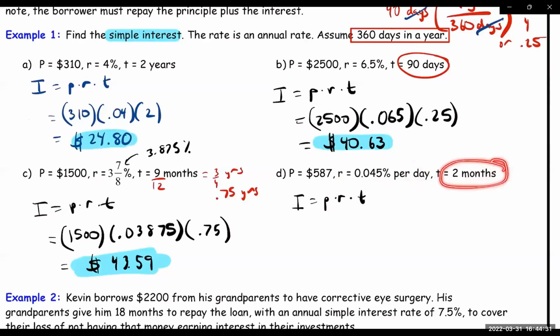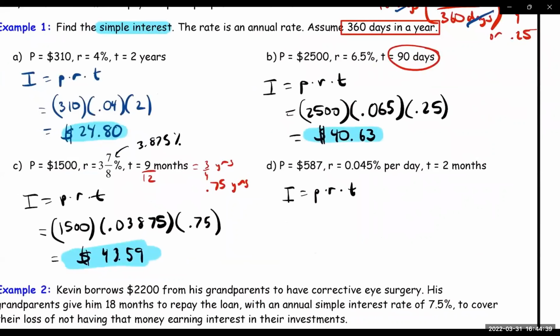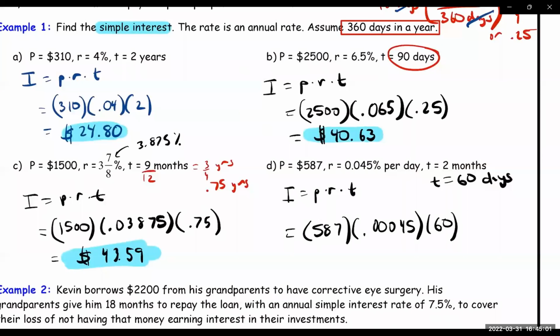So anybody know how many days there are in 2 months, assuming that there are 30 days in a month? That's going to be the same thing as 60 days. And now this is the unit that we need to use because this is per day, so this has to be per day. All right, so now we can do this. 587, this one stays the same, 0.00045, and now it becomes 60 days. All right, so this is the correct way to do it. I thought something was off. And now we get,